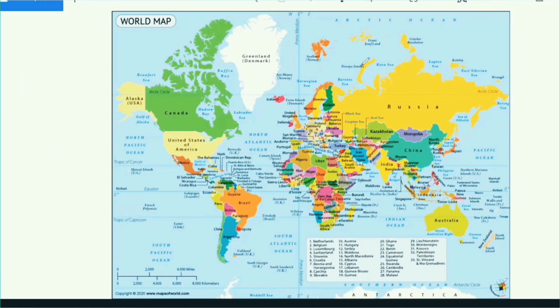Can you just see that if you look at the map, the peninsular part of India is actually protruding in the Indian Ocean. Means it is pointing towards, and it has already got inserted in the oceanic part of the world, right? And that is why the Deccan Plateau, or the peninsular part of India, is protruding inside the majority part of Indian Ocean.